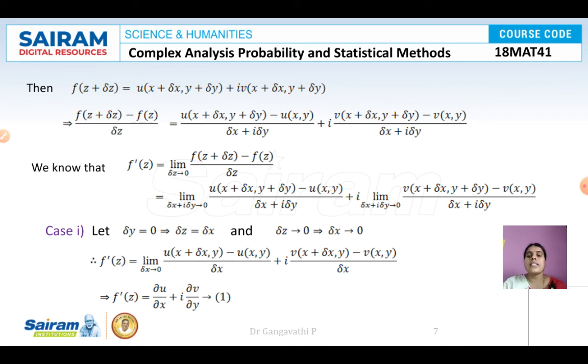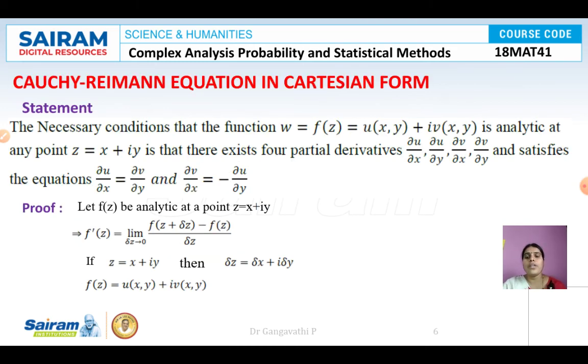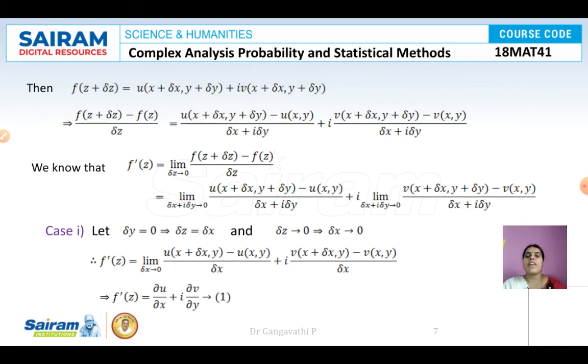So now let us consider f of z plus delta z. Why do we need that? We are going to consider this expression, so we need to know what f of z plus delta z is and what f of z is. F of z is already there, so we need to find f of z plus delta z. It is nothing but u of x, where z is replaced by z plus delta z. So x should be replaced by x plus delta x, and y should be replaced by y plus delta y. So this is for u. Similarly, v. Now consider this expression, f of z plus delta z minus f of z by delta z, which is nothing but this, and group the terms accordingly.